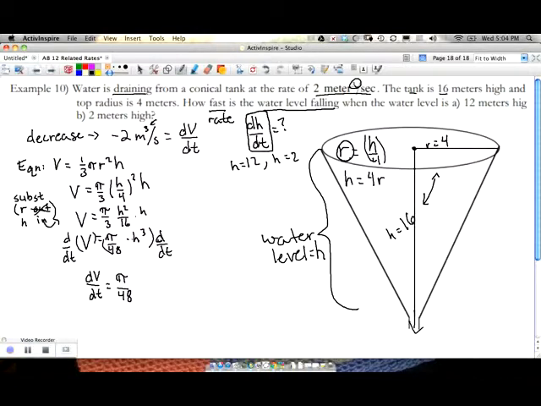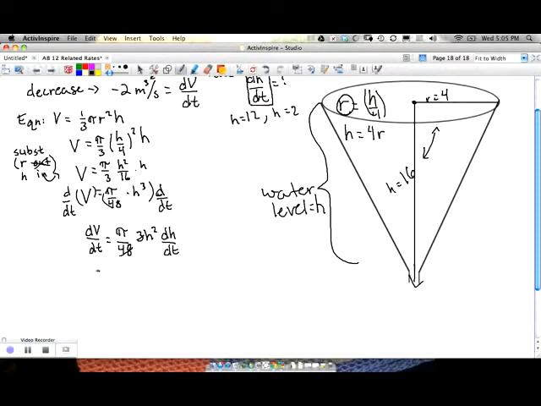The derivative of h cubed becomes 3h squared dh dt. So let's see what's going to simplify here. The 48 and the 3, those would simplify. 3 goes into 48 16 times. Hey, this is kind of getting familiar. dv dt is going to be equal to pi over 16 times h squared